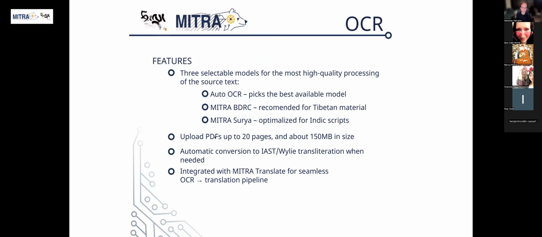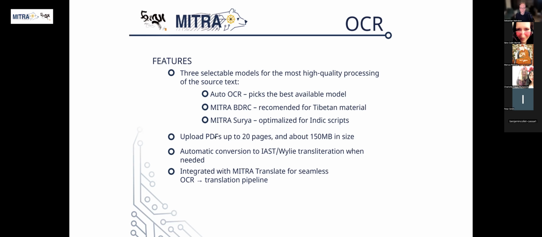Dharmamitra currently has two different OCR engines that are functioning behind the system, and we have a system that will automatically determine which of the two models is being used. When you open the OCR tool, you can choose between the Mitra BDSC model, which is currently under development together with the BDSC and which provides the most reliable quality for OCR of Tibetan material. There are some smaller problems with the tool, of course. We can discuss that later, but I think for the rendering of Tibetan block prints as well as Ume to some extent, this is currently the most reliable solution.